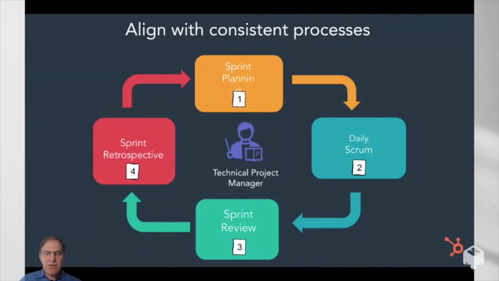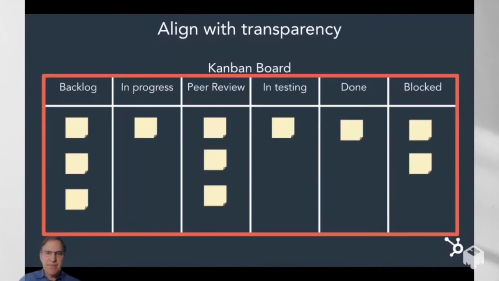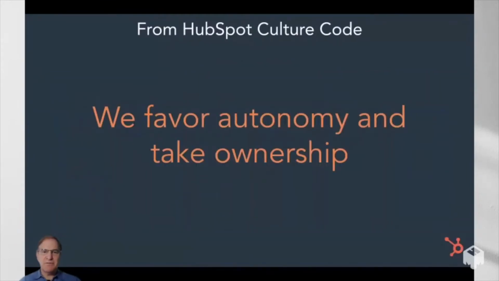And then there's the sprint review, which is an opportunity for the devs to show you what they're developing or to reflect on what's working, what's not working. And then after you complete a sprint, I think it's a great idea to just step back and figure out what's working. The key in all this is alignment and continuous improvement. Another thing is transparency, whether you're using Jira or Asana. Basically, open up your Kanban board, open up your project list, and let everybody know exactly where you stand. The more transparent you can be, the faster you're going to be able to move.